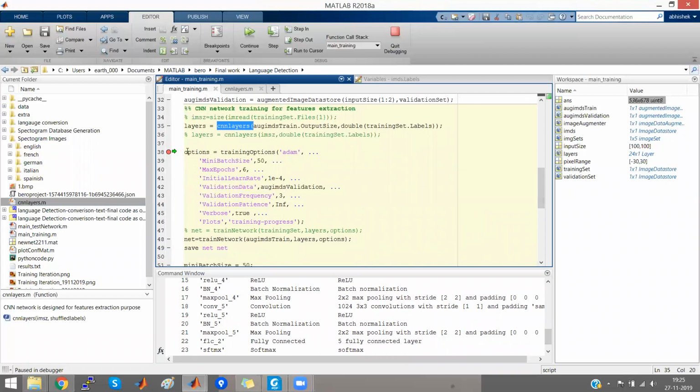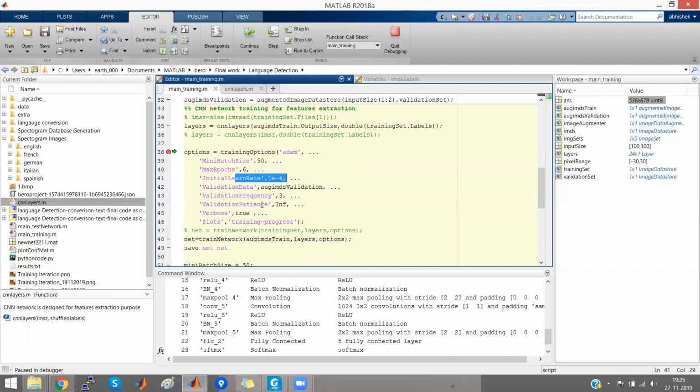Next, here we are defining the options for the training. This is just a basic requirement. If your data set is huge, you need to use a smaller batch size. If your data set is small, then you can use a larger batch size for the images. The total number of epochs is 6. The learning rate we have set.